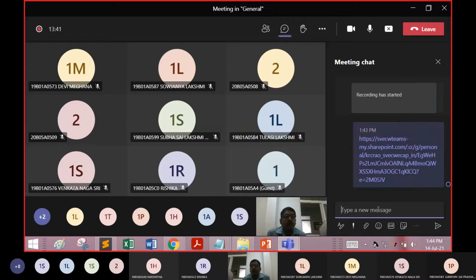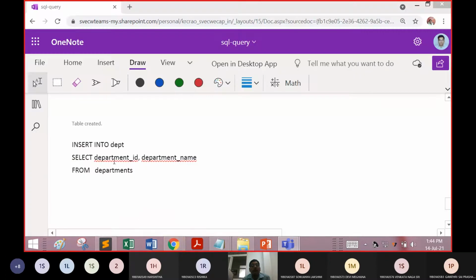Now the link is available in the chat box. You can take the SQL query from the live SQL that we are bringing up here.